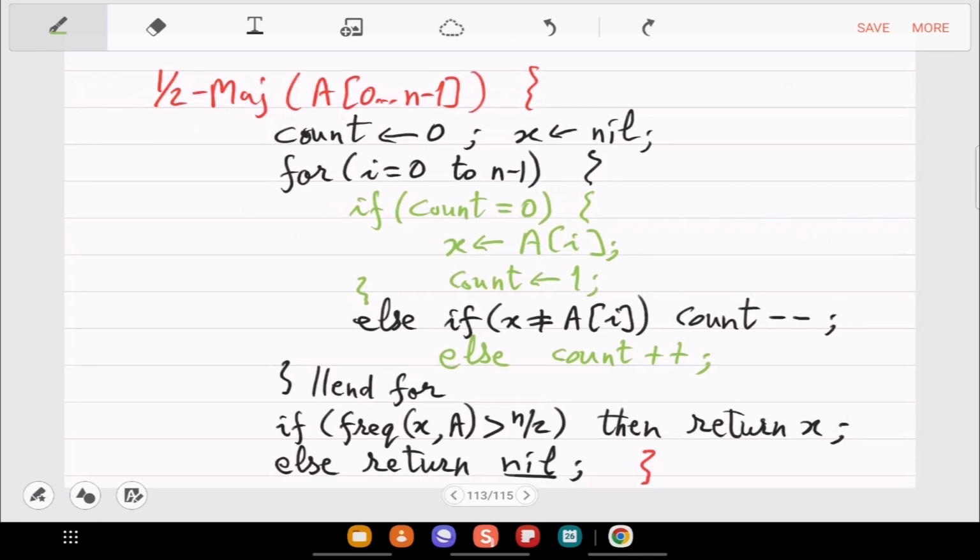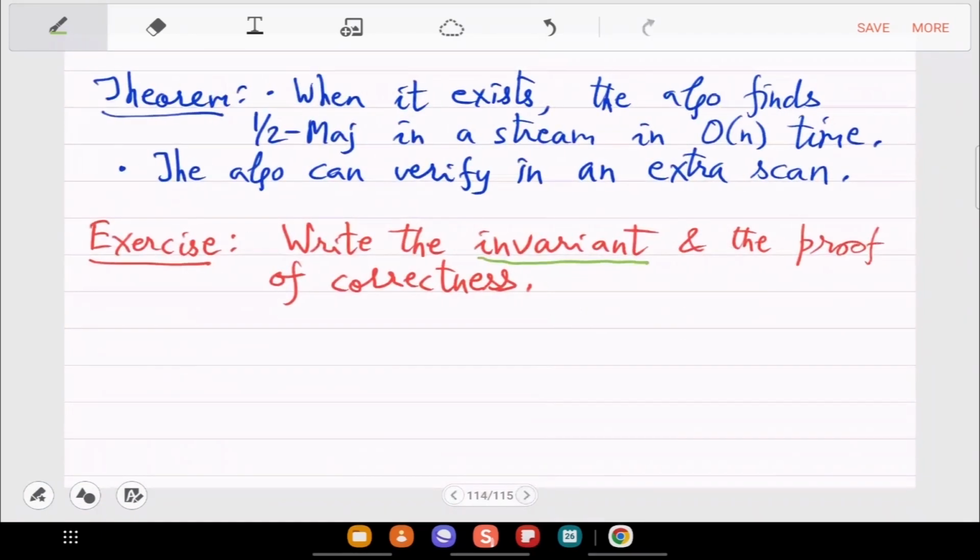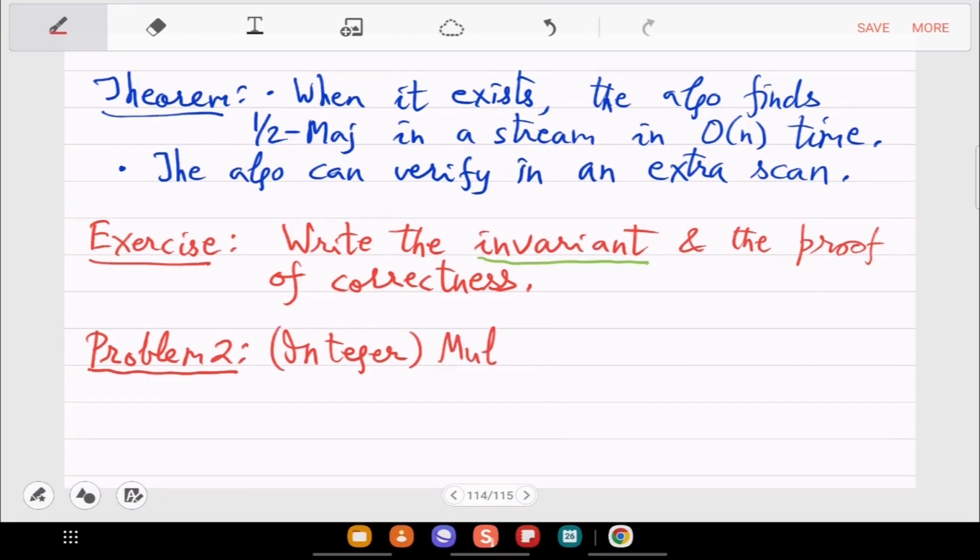So that is one thing. The other clever algorithm we will see, which will be extra clever, is for the problem of multiplication. So how do you multiply numbers? When I say multiplication, I'll always mean integer multiplication. So here the input is 2 numbers.